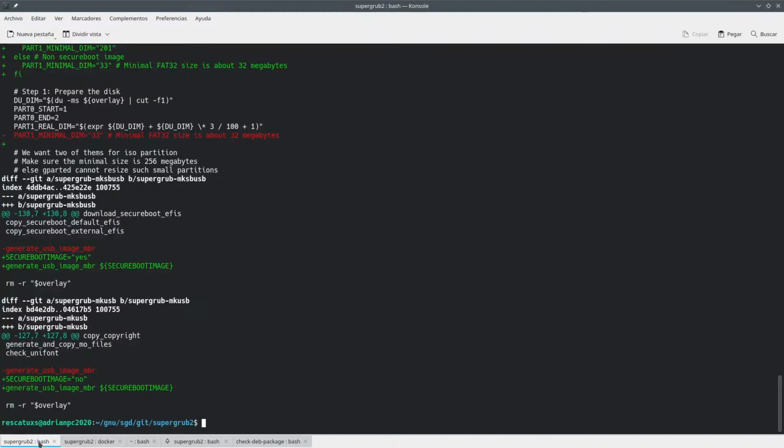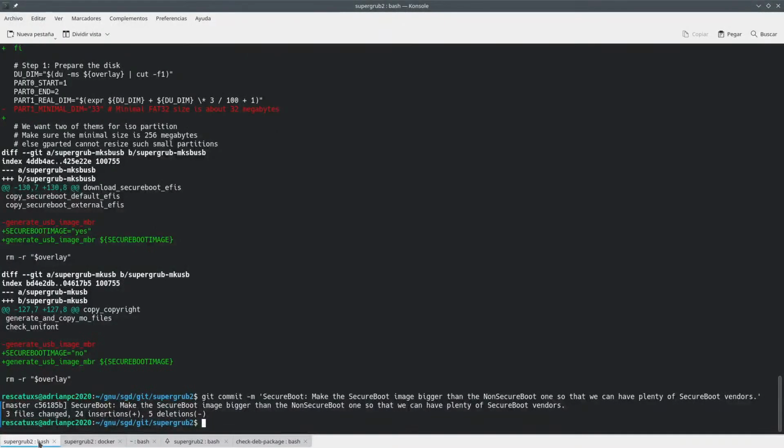Secure boot. Yeah, so this is about making the secure boot image bigger than the non-secure boot one, so that we can have plenty of secure boot vendors. Okay,